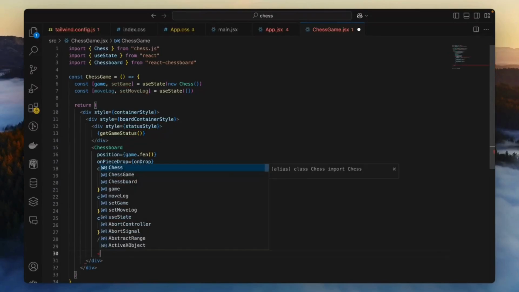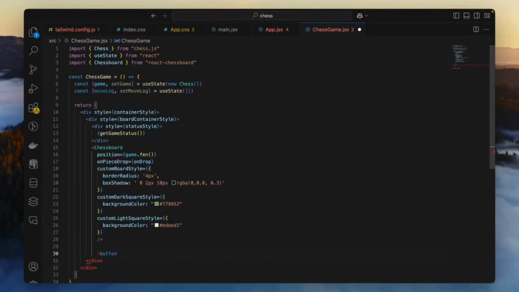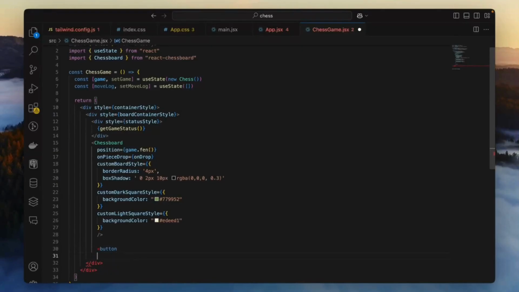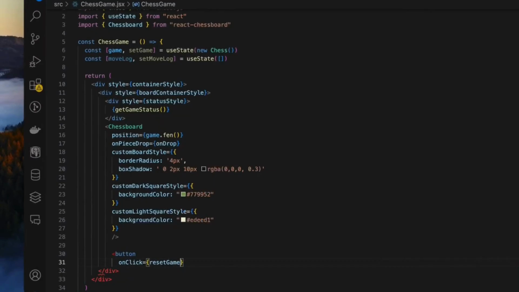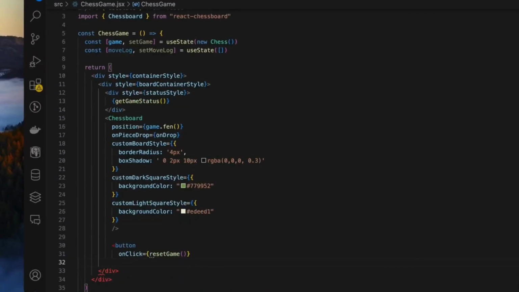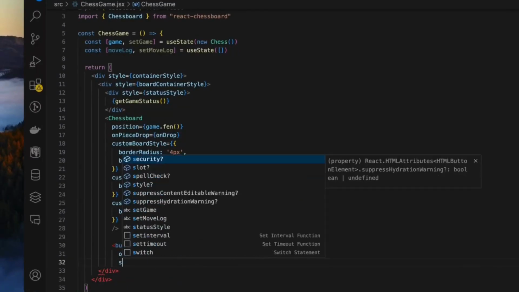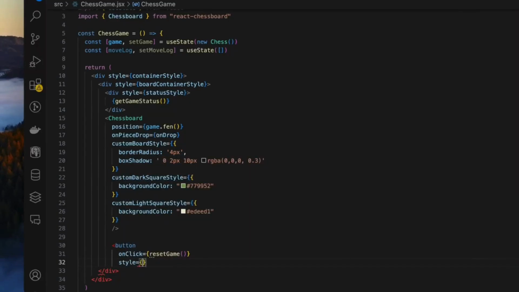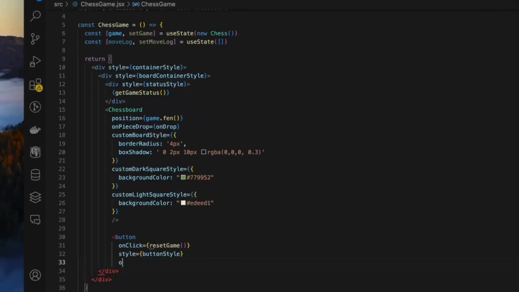And after this, we'll just create a button, and this button will have an on click handler, and on click will just reset the game, right? We'll call the reset game function. This button will be to reset the game. We'll pass some styles to it, let's say button style. We'll define it, and after button style, we'll also do like